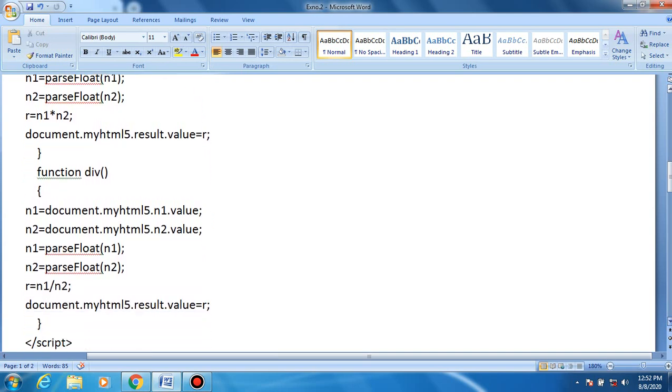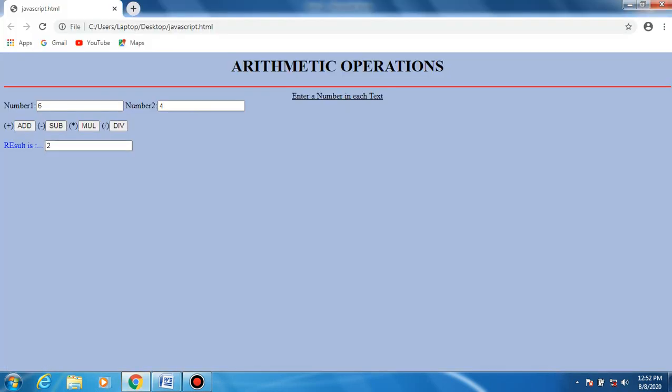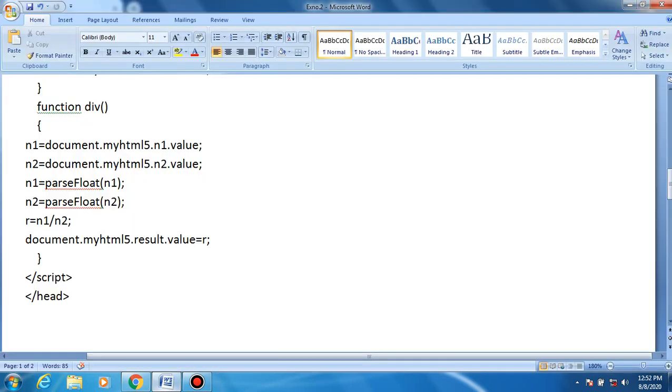The last one is the division operation: the first value is stored in n1 and the second value is stored in n2. When you click the multiply button, it performs multiplication, and similarly when we click the division button, it performs division, right? And it gets the value r equal to n1 divided by n2.